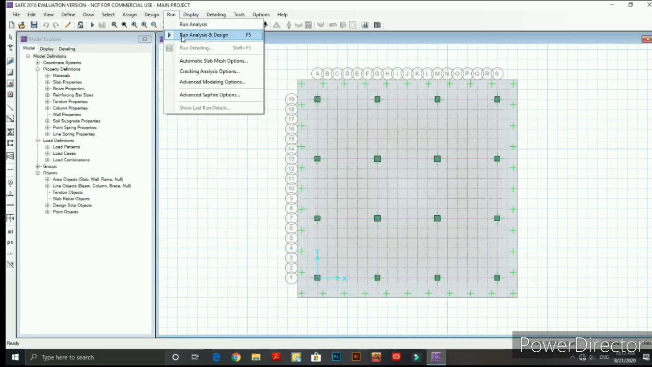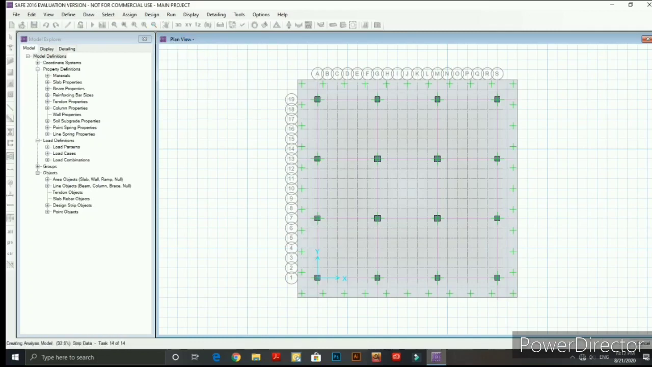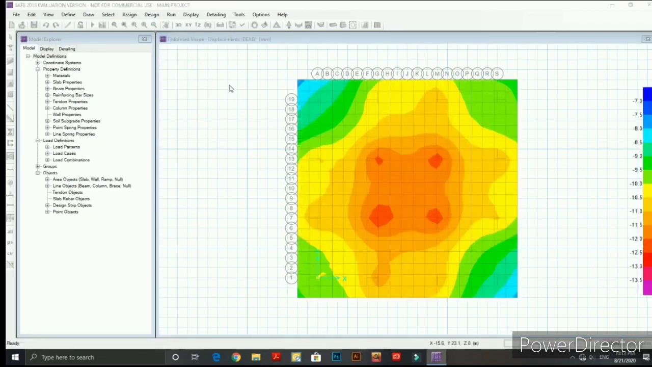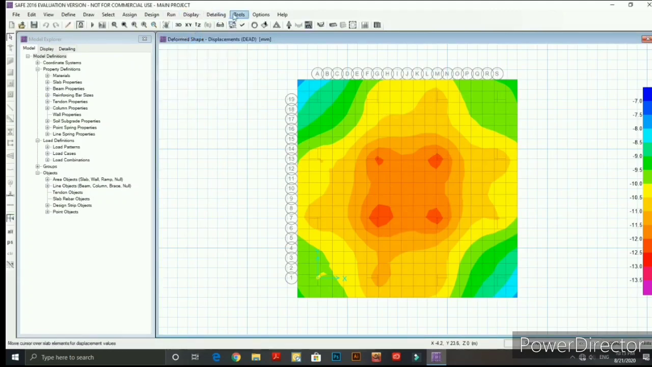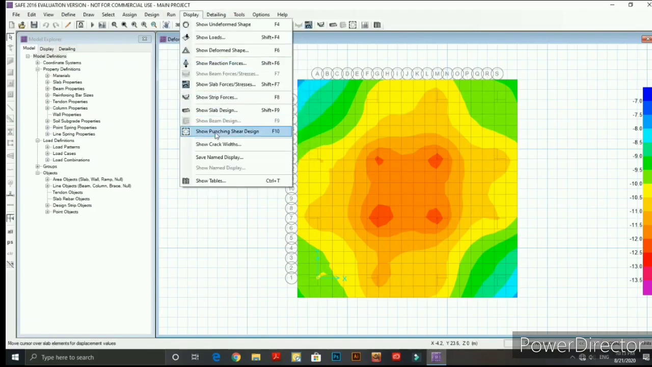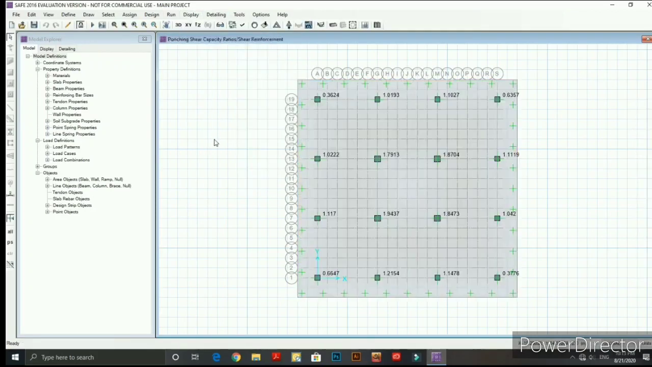Go to the analysis and click on run, then the model of the analysis, and by default there is deformation. So then wait for some time. Go to run analysis again. Here you can see the punching shear design, and by clicking here you can see all the members